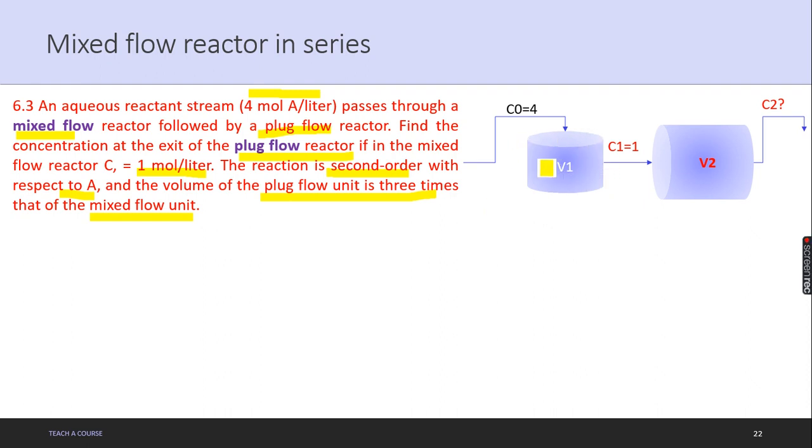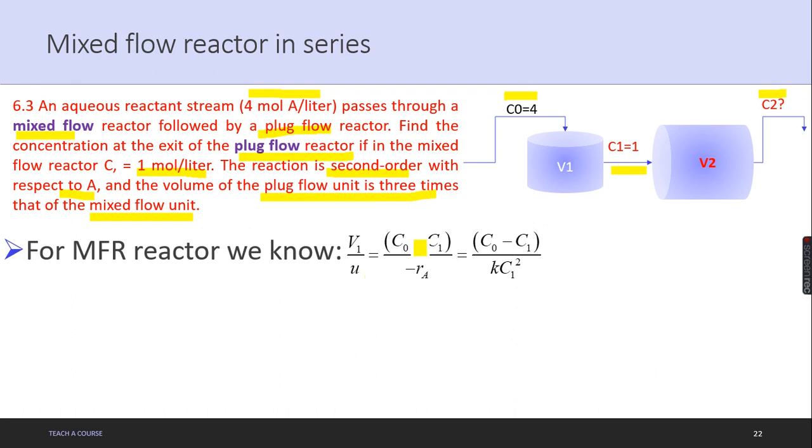One is a mixed flow reactor, another is a plug flow reactor. The plug flow volume is 3 times larger. C0 is given as 0.4. In between them, the intermediate concentration, that is the mixed flow reactor outlet concentration C1, is given as 1 mole per liter. C2 is unknown, so the problem remains very similar, though the perspective and the expression will be different here. So for the mixed flow reactor we already know